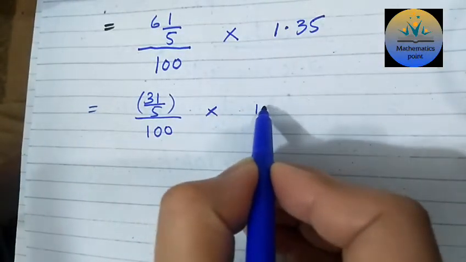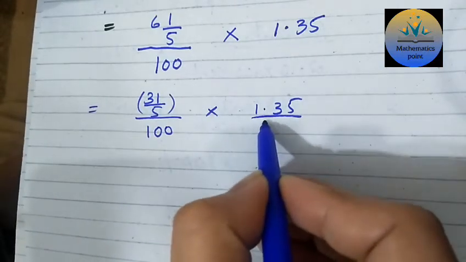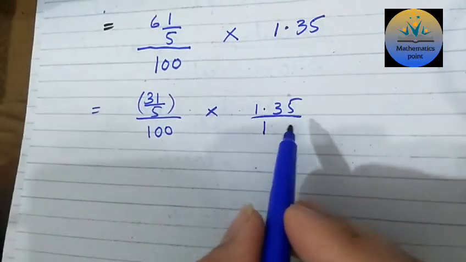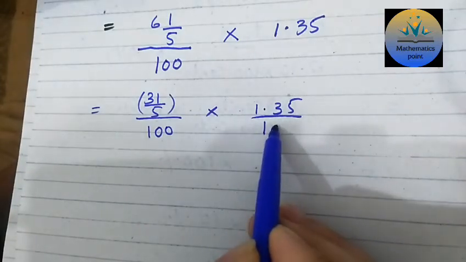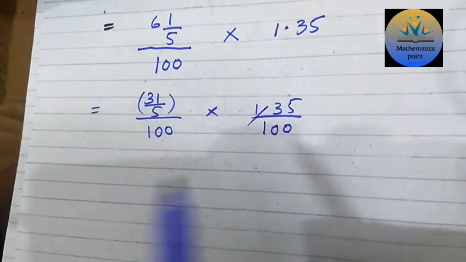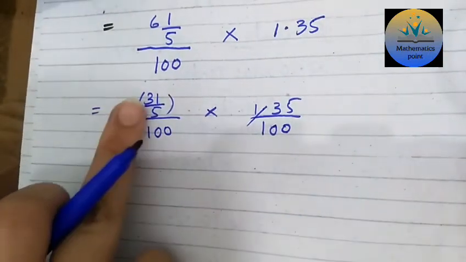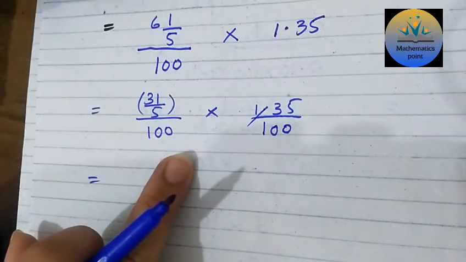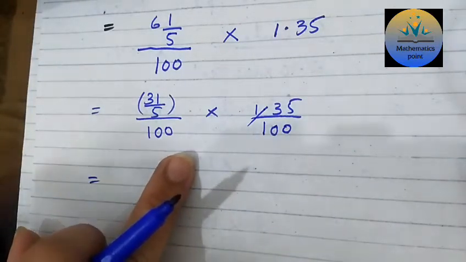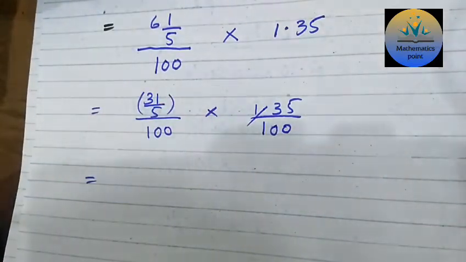For removing the point, just below the point we write down 1, and the digits after the point, we have 2 digits, 1 2, so we write down 0 here, and then this point will be removed. Now we will multiply the numerator and then multiply the denominator. Now multiply the numerator first.